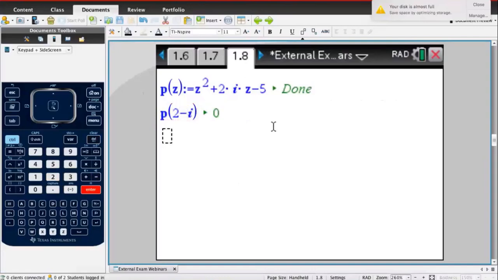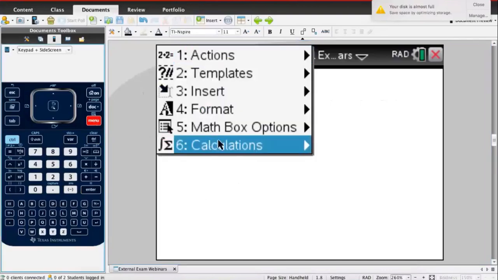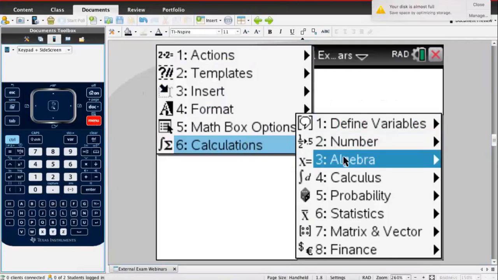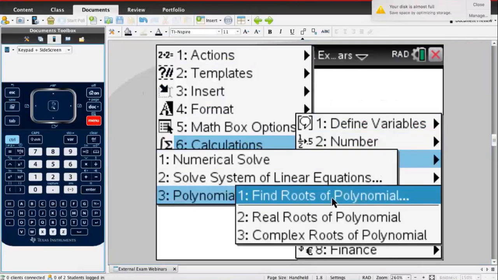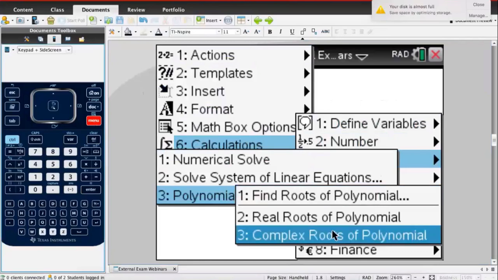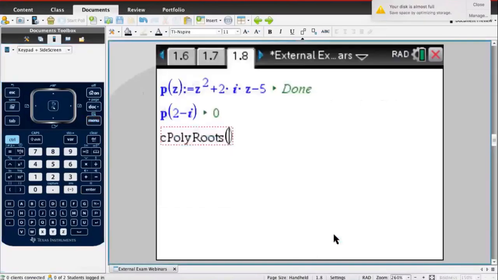Now the other way you can do this too is using the cPolyRoots tool. So when you're in a math box, if you go to the menu there, you can see all the calculations are here, and if we go to algebra, if you've forgotten the tool, it's the cPolyRoots tool. If you just remember that cPolyRoots tool, you don't need the capitals, but this also works quite well too. So if I copy that,